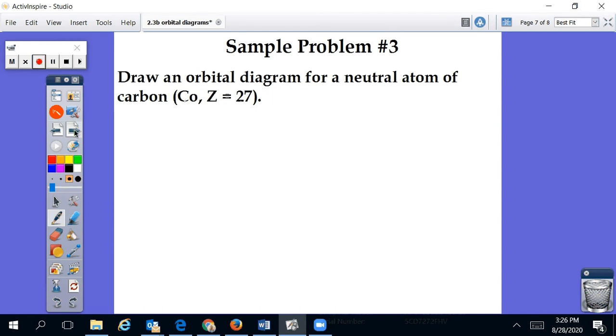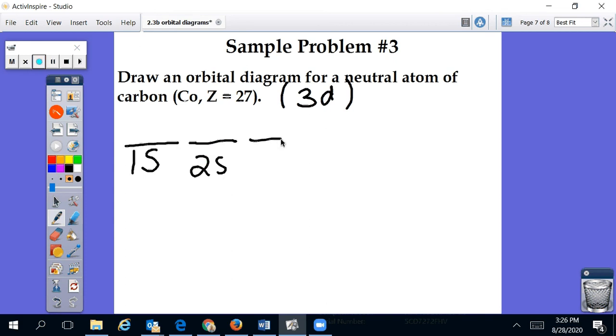Let's do one more. Cobalt, Z equals 27. Okay, let's find out where cobalt is. And cobalt happens to end up in the 3D sublevel. So that's where we're going to stop. So we're going to draw our lines, 1s, 2s, 2p,